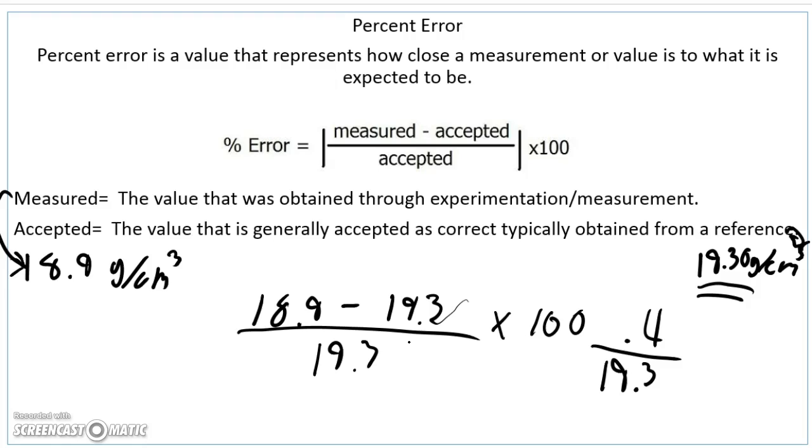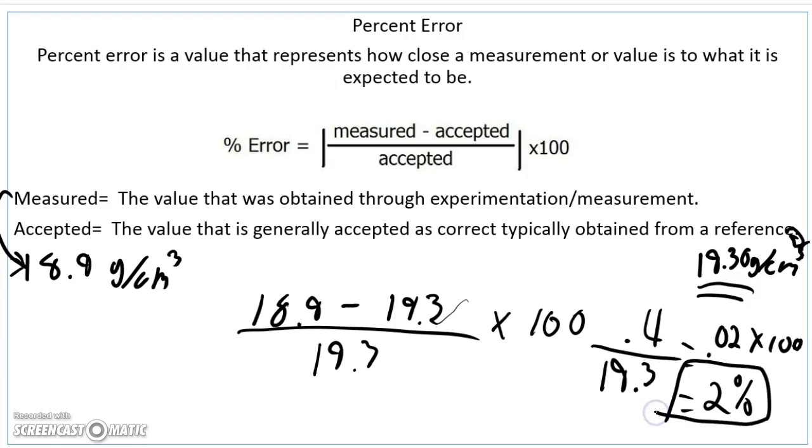So 0.4 divided by 19.3 gives me 0.02. And then I would multiply that times 100. So that is equal to 2%. That would be my percent error. So that means that I came within 2% of what the value should have been for my calculated value, or my measured value compared to the accepted